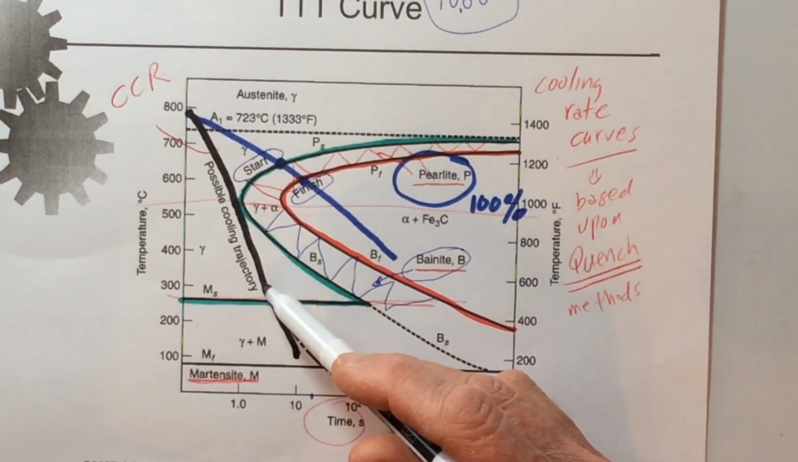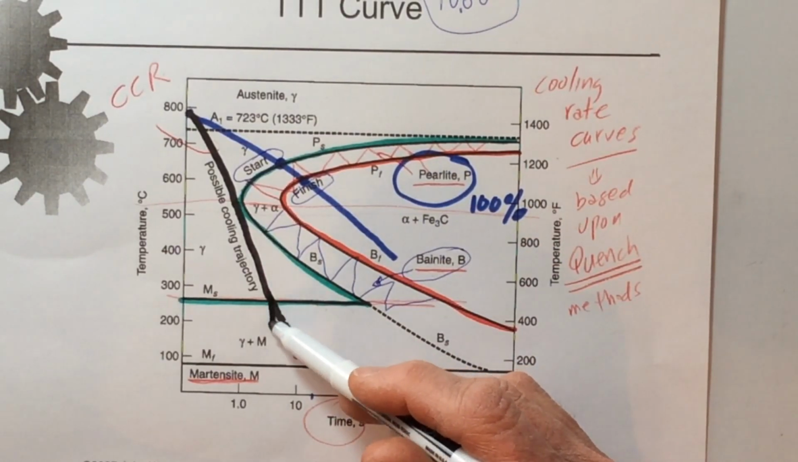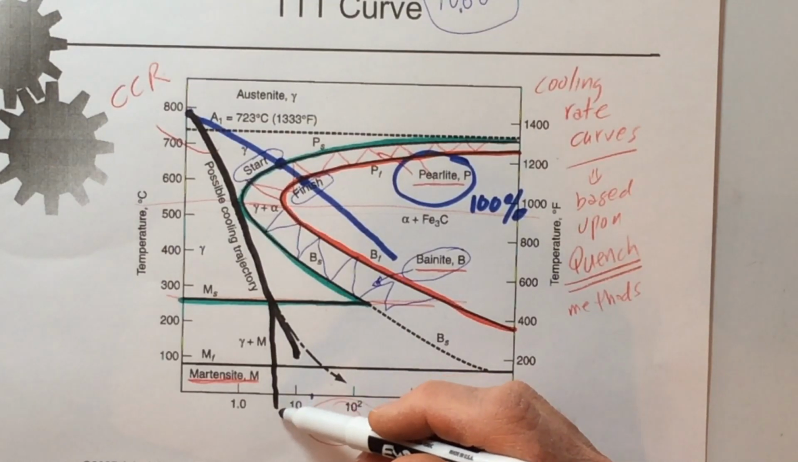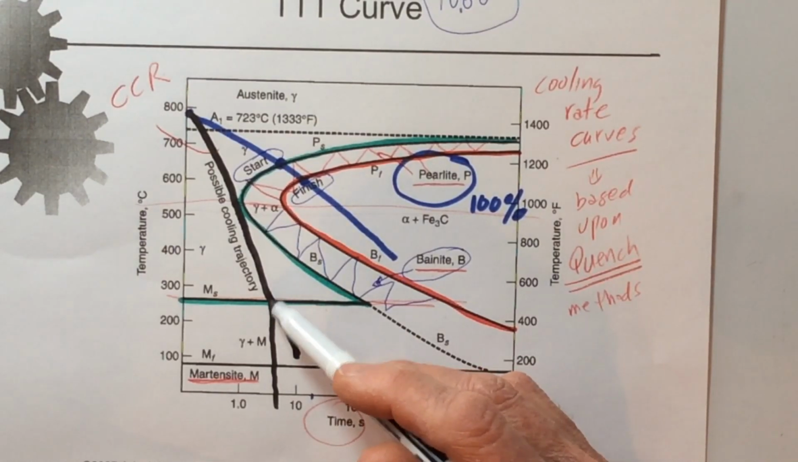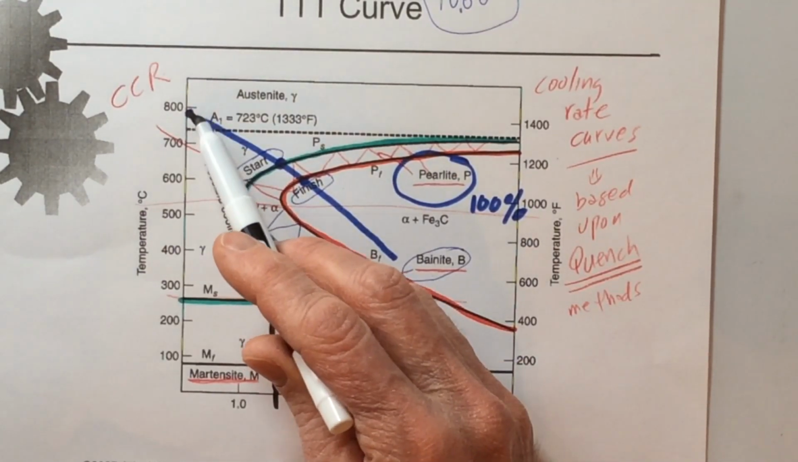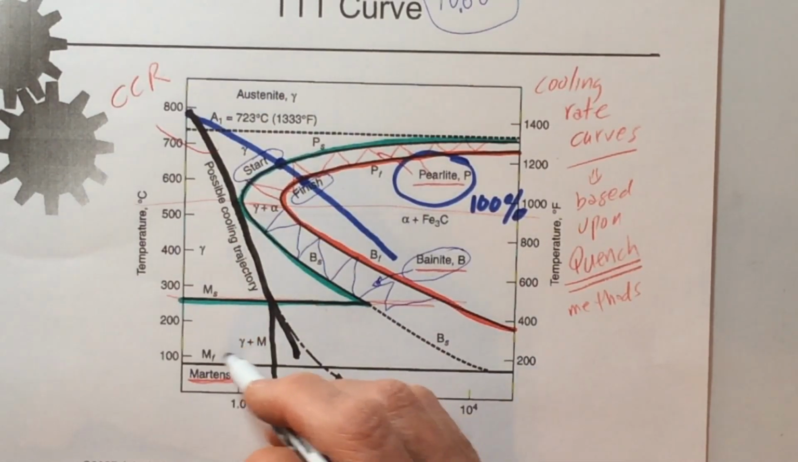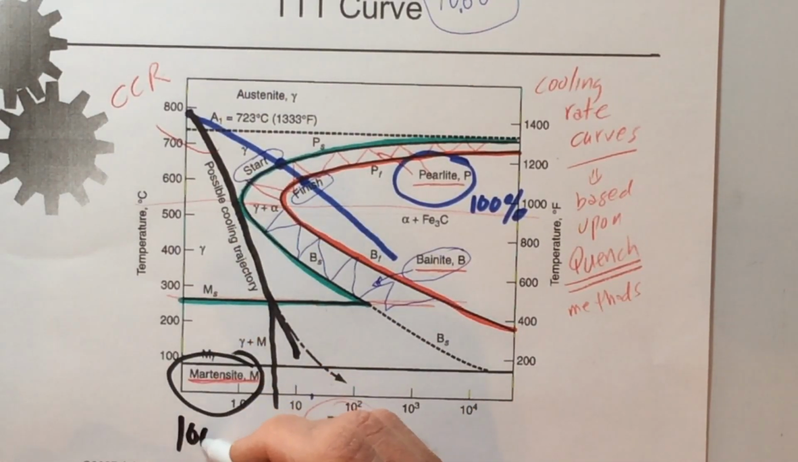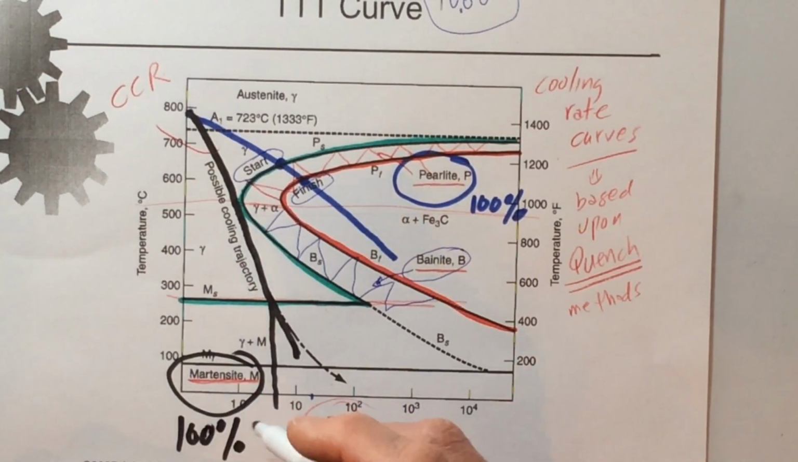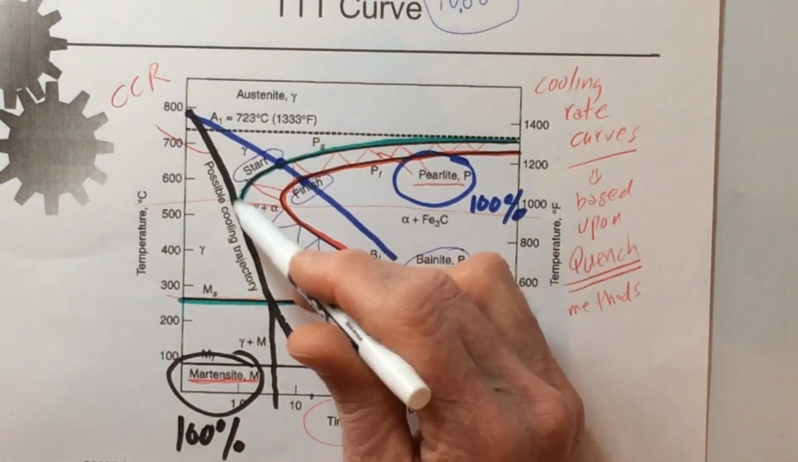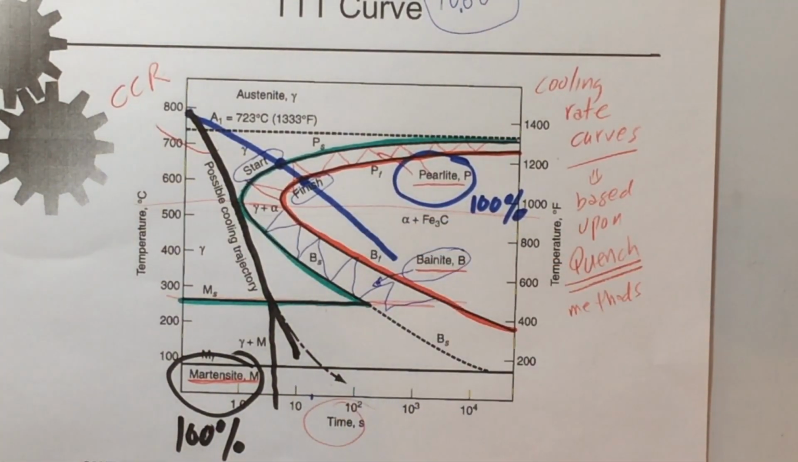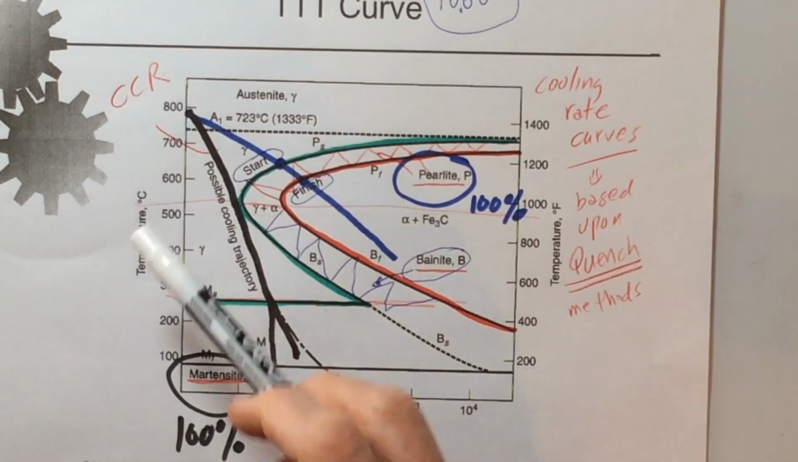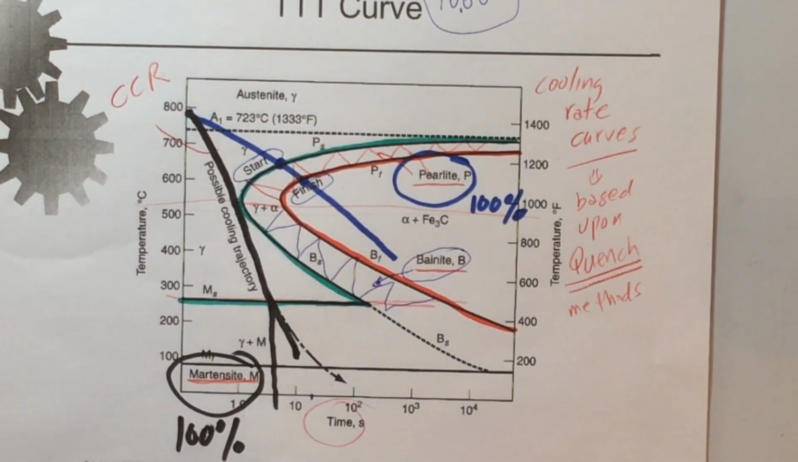And in probably less than, if you look down here, probably less than 8 seconds or so, this thing went from 100% austenite to 100% martensite. A 100% martensite, because it never went inside here. All right. So there's lots of different, and I'm not going to get into the details of this because it's